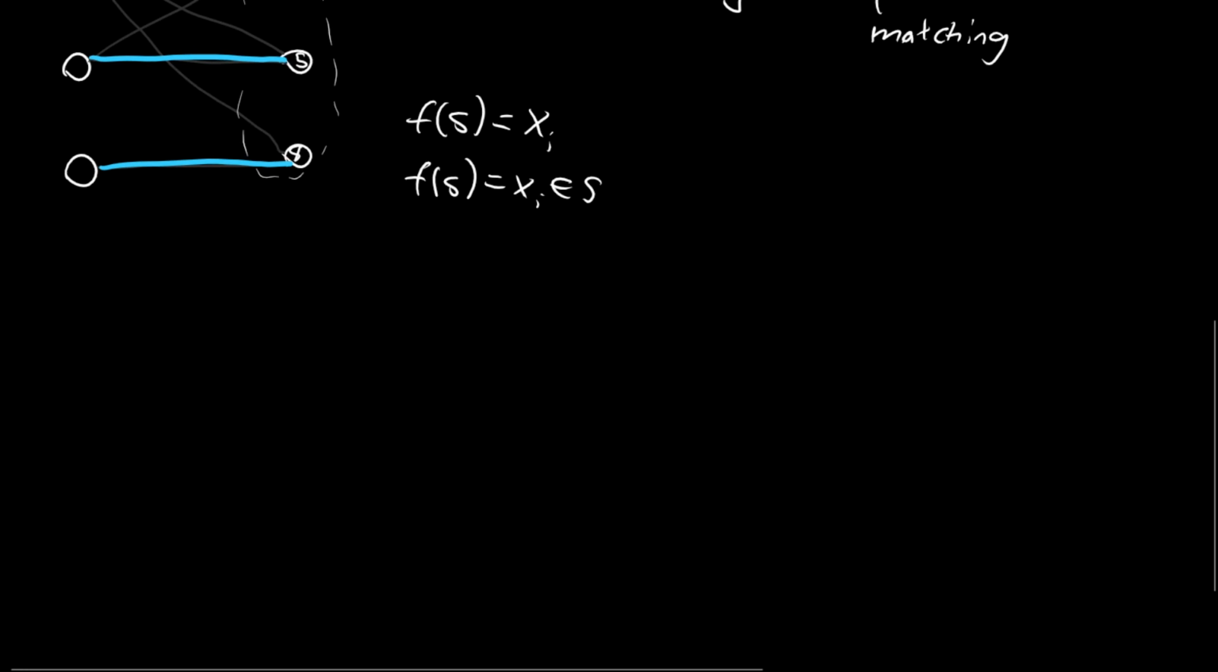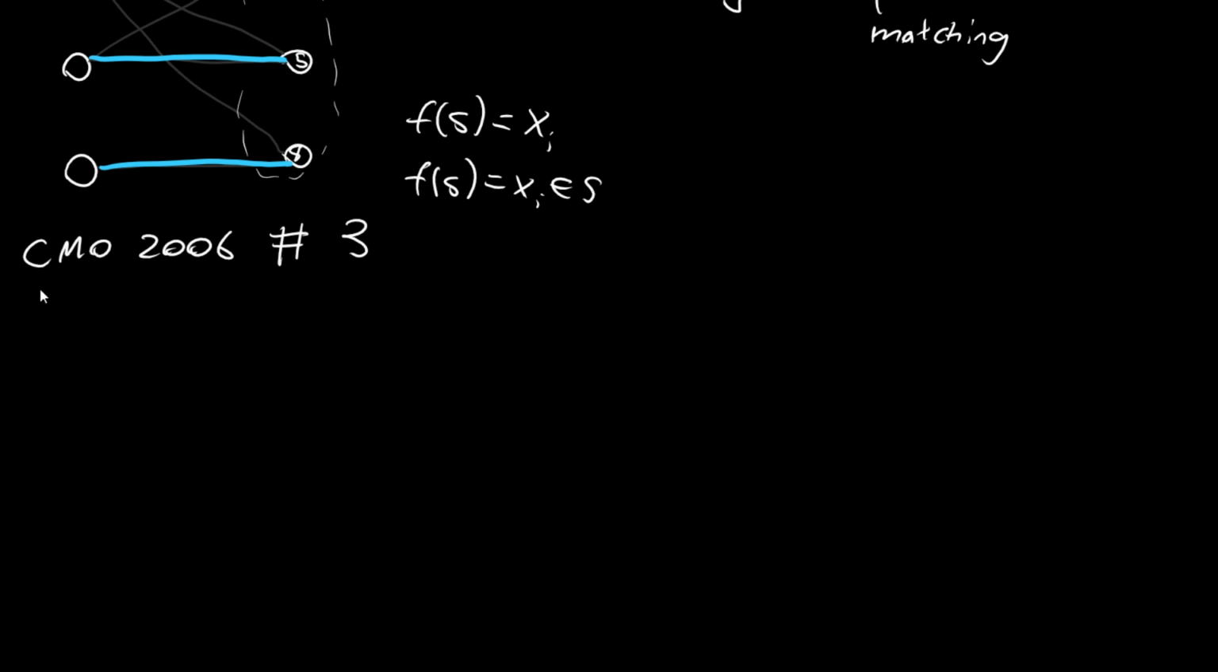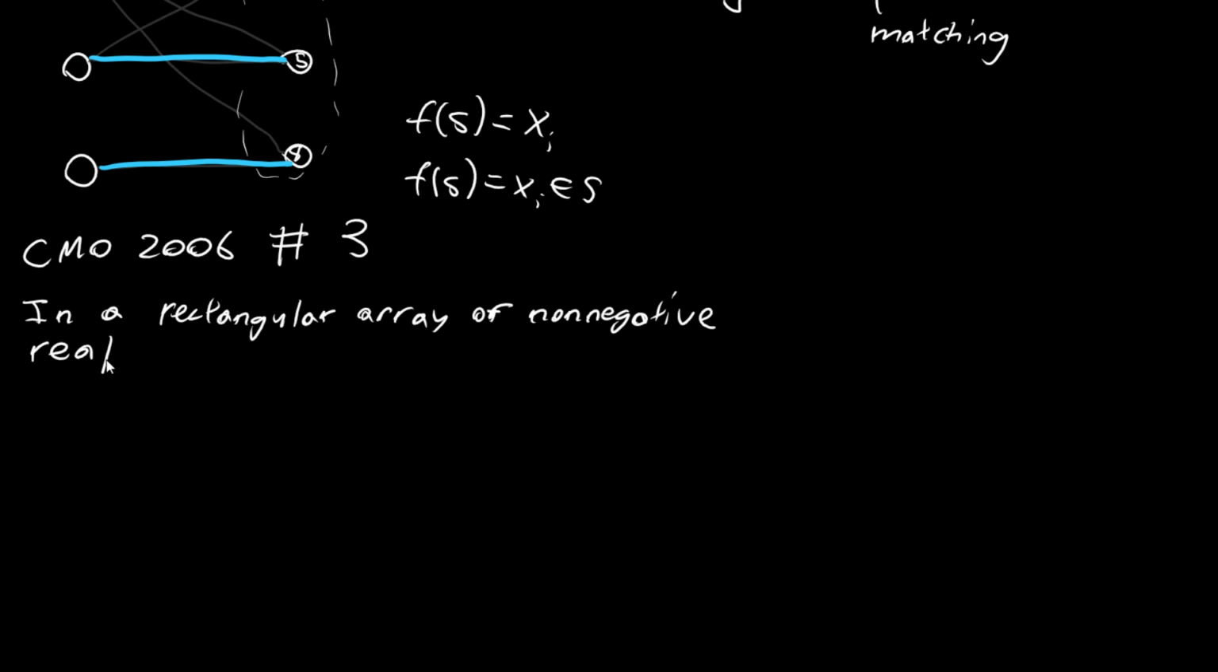So this problem is from the Canadian Math Olympiad in 2006. I believe it is problem 3. And the problem is: in a rectangular array of non-negative real numbers, with m rows and n columns, that's m rows and n columns,